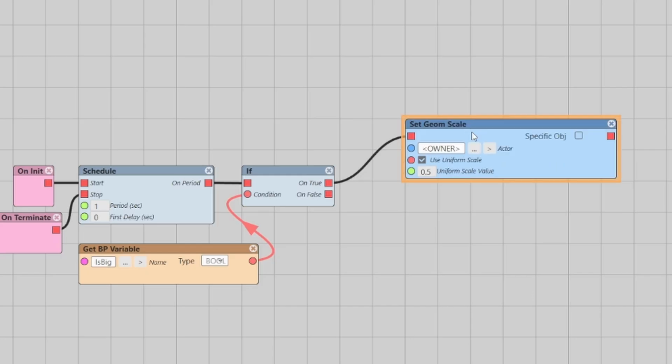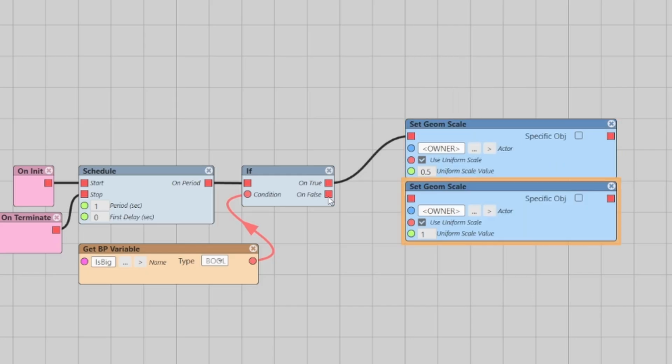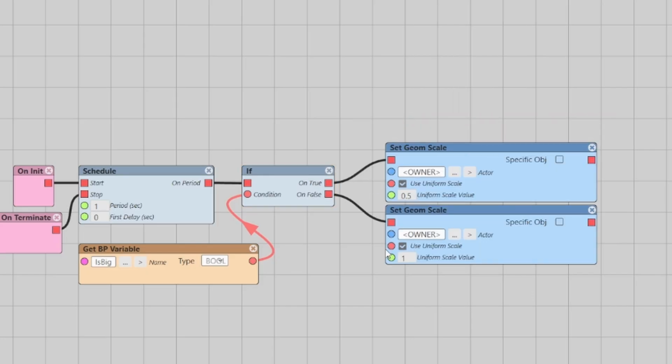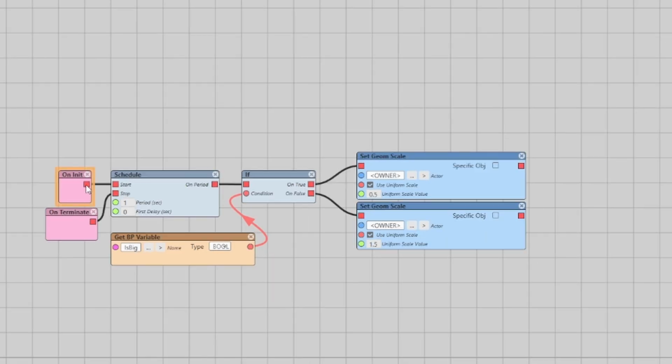And now we're going to add another one of these, and we're going to connect it to false, and we're going to set the uniform scale to 1.5. Now, when the character is created, it'll look, and every 1 second it will see if the variable is big, is true or false. If it's true, it will set the uniform scale to 0.5. If it's false, it'll set it to